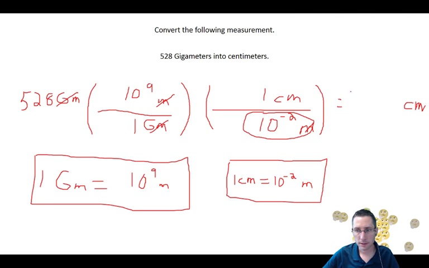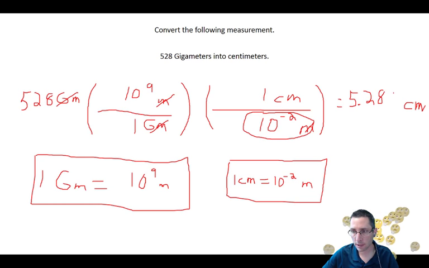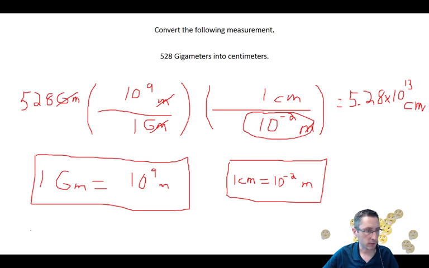Okay, so this, I think, should turn out to be, without actually doing the calculation, 5.28. You can go ahead and type in the chat if you know the answer, or if you're calculating along. I'm just going to see that it should move the decimal place 11 powers of 10 to make this 5.28 times 10 to the 13 centimeters. Okay, so somebody in the chat confirm whether that's right or not, and we'll move on.